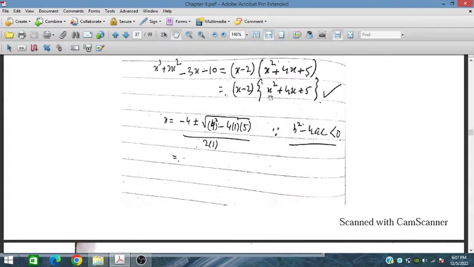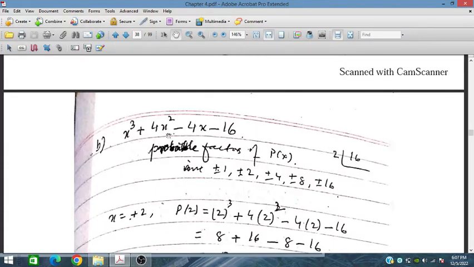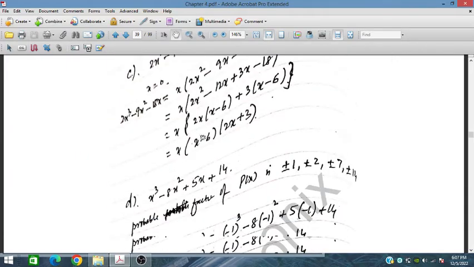So we left it here because this discriminant is less than 0. So this is the solution. And now part B, let's solve